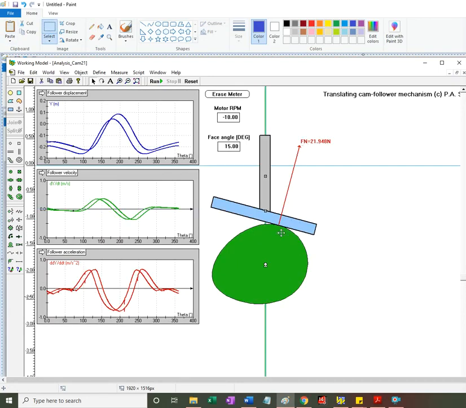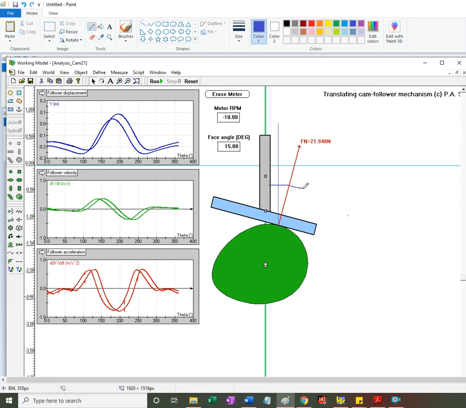So here we have the contact force normal to the face of the follower, and the velocity will have the direction of the translation of the follower,